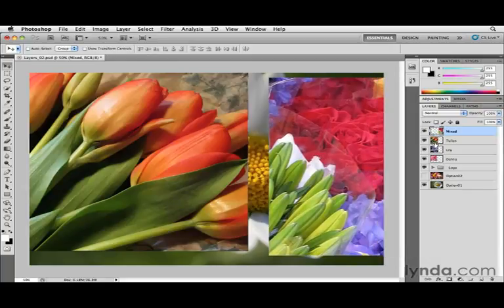Alright, so there's the tulips layer that I can now see. If I want to rearrange tulips to be behind or on top of mixed, I can go ahead and click on the